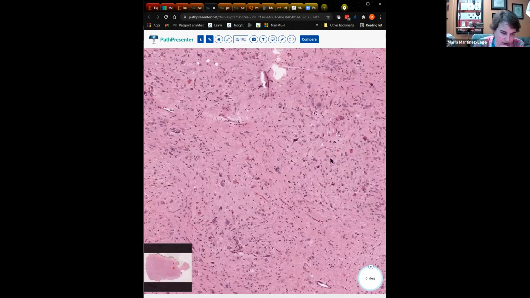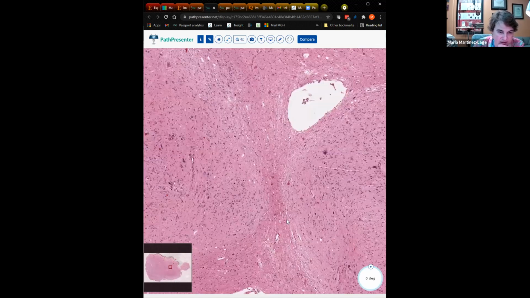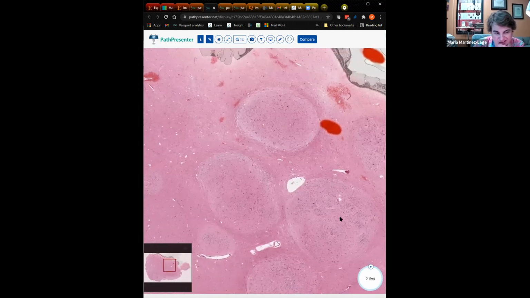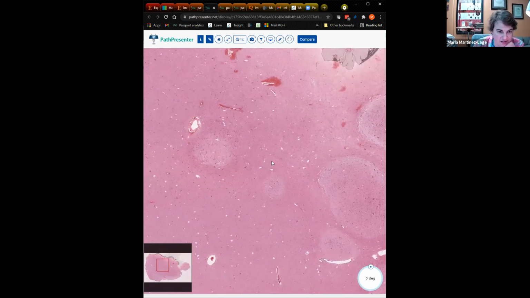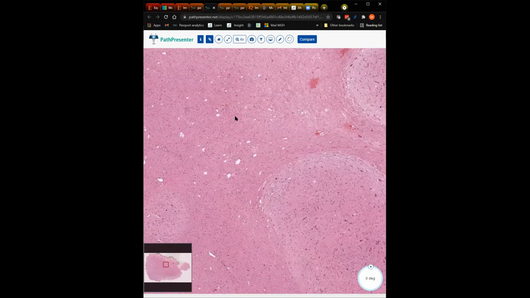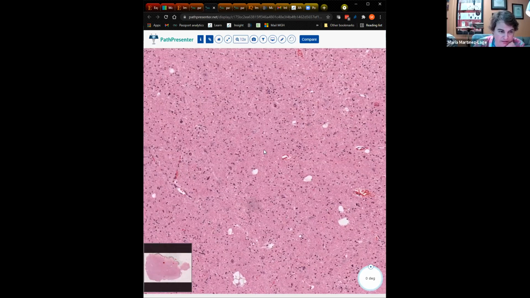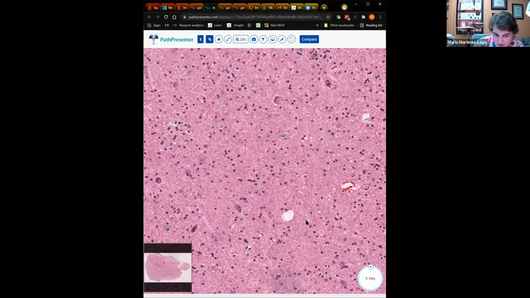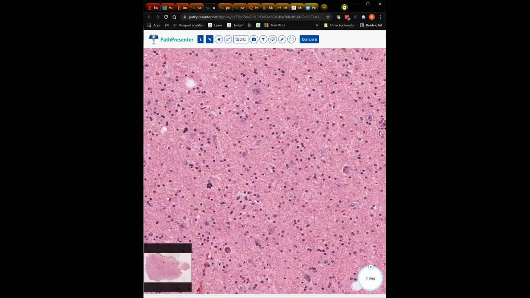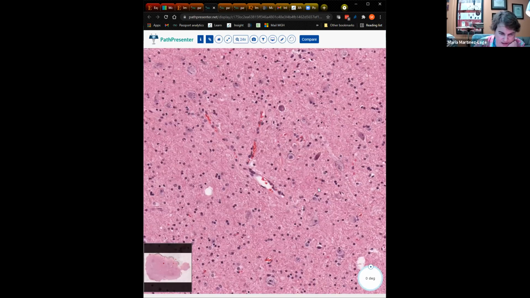Okay, here, this is a little bit more what I was looking for in a ganglioglioma. This is a lesion that has these nodules. It doesn't always have to be this distinctly nodular, but it does help us. And so you can see that in the background, we have not normal neuropil. We have atypical cells that are relatively bland but they are admixed with actual